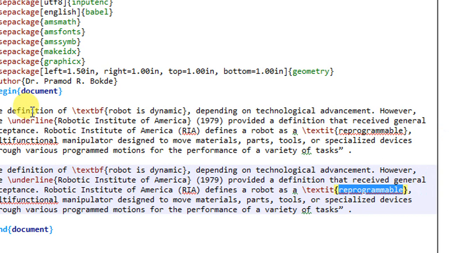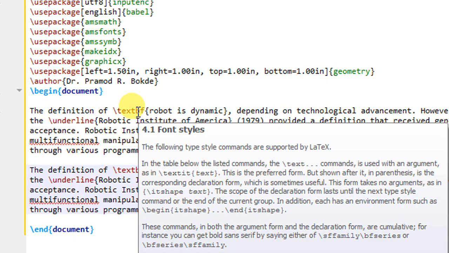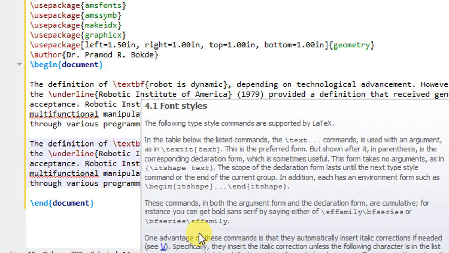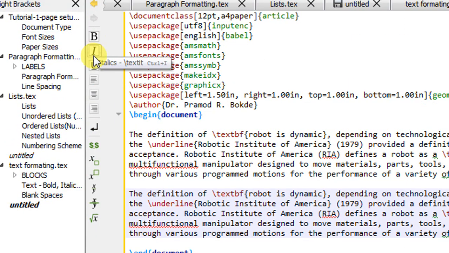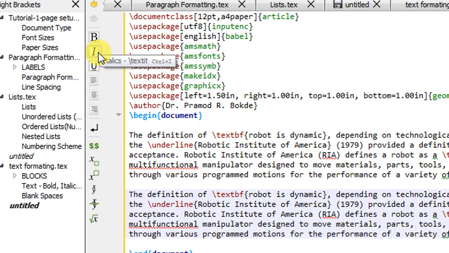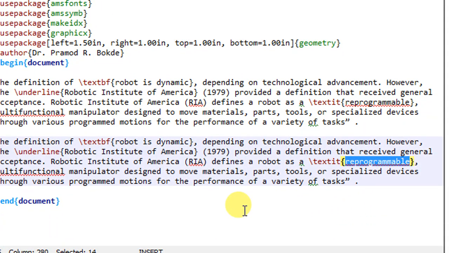That means whatever we did manually in the first paragraph by remembering the commands, in the second paragraph we have done simply using the buttons in the LaTeX environment. These buttons are similar to the buttons provided in Microsoft Word. So if you don't remember some commands, there is no problem, because for most of the commands some buttons are provided here. As we go through the further videos, we will see these shortcut methods one by one.